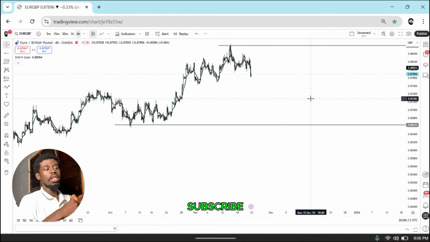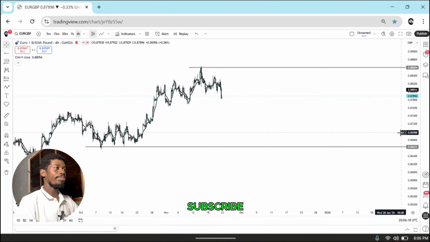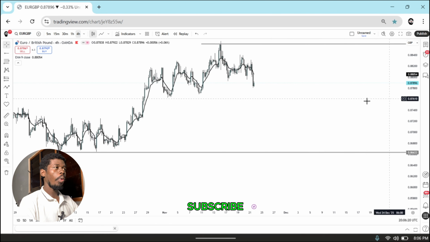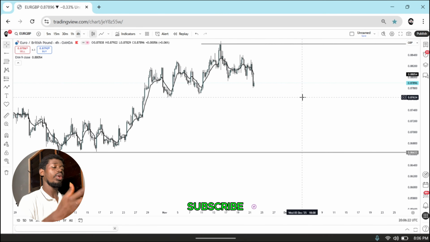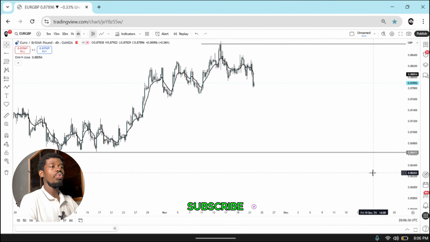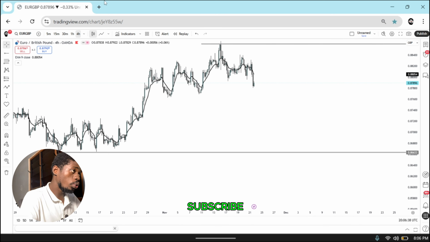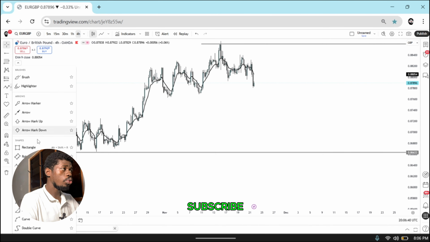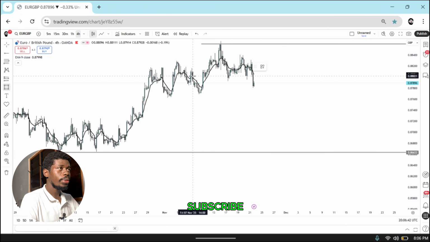So after spotting all these levels, what is left for me to do is check the point that we can actually sell or buy from. This being a selling market, we would have to wait for a sell zone. So yes, we would have to put our zone over here,